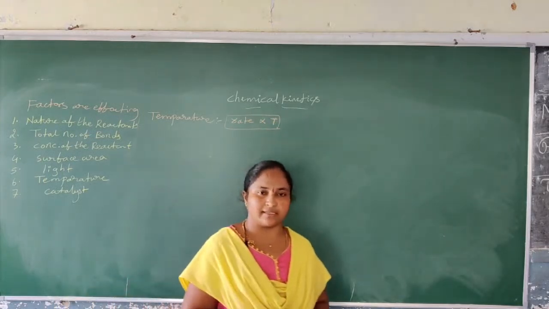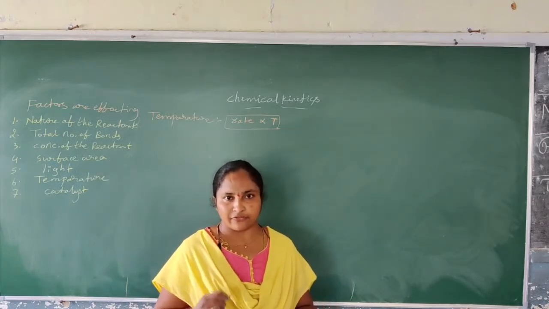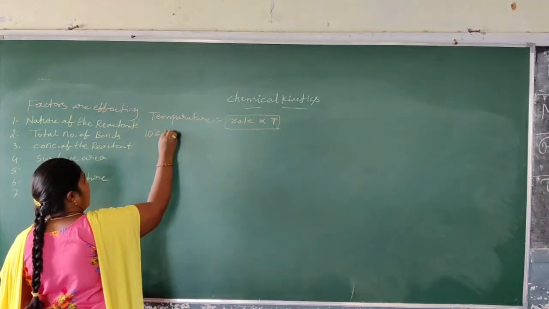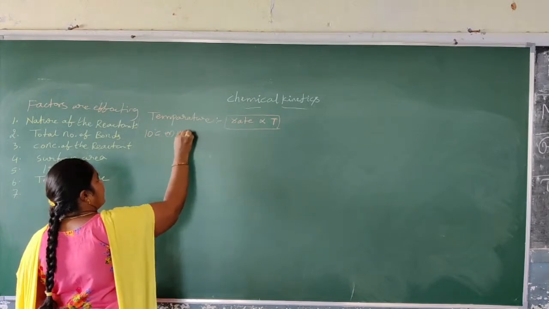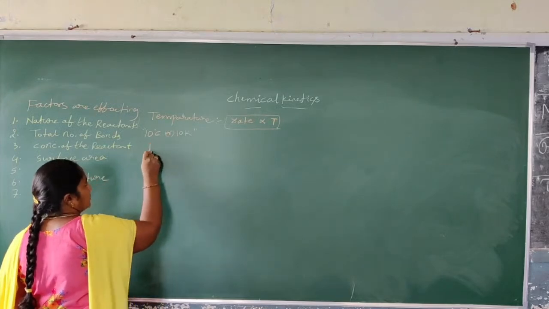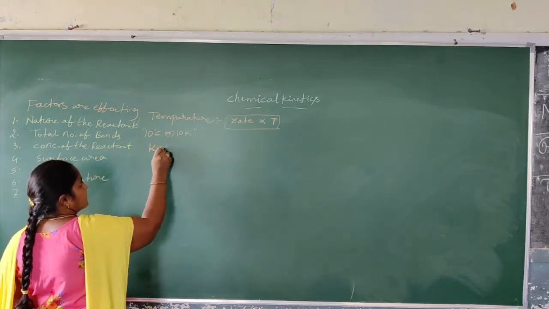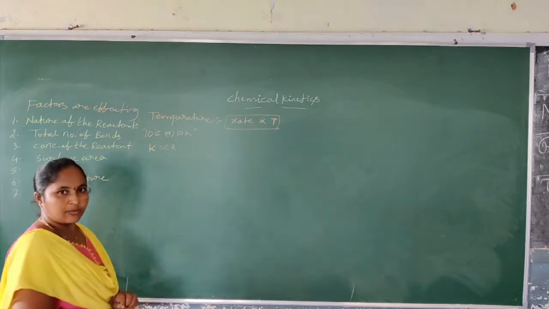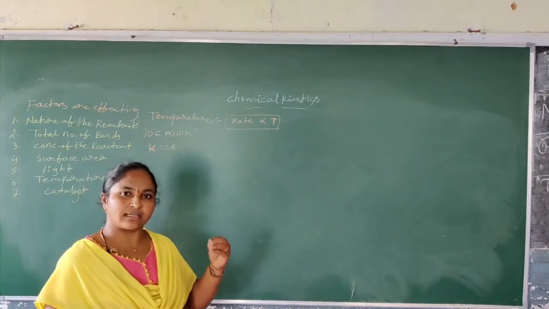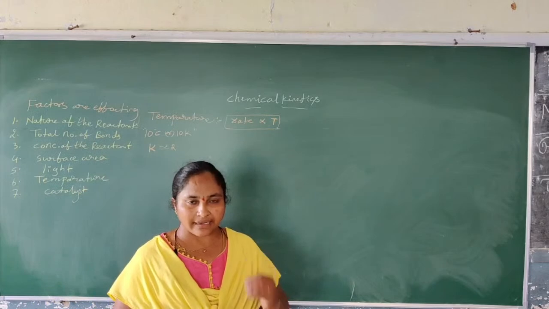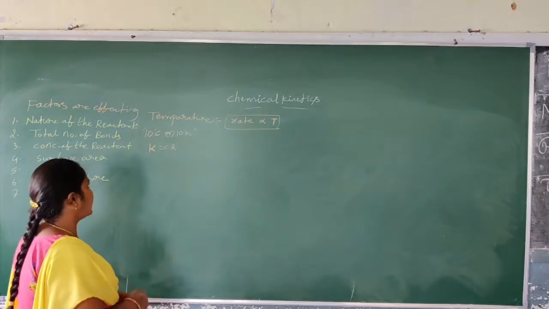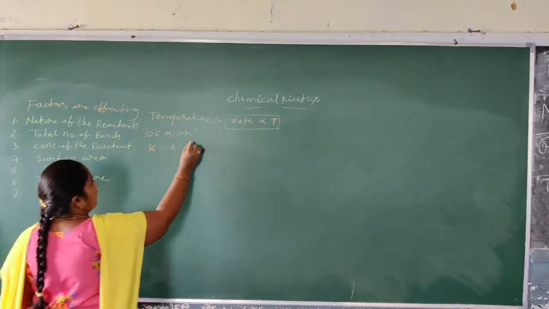For most of the cases, if we increase the temperature by 10 degree centigrade or 10 Kelvin, the rate constant, that is K value, will get double. For most of the reactions, when we increase the temperature by 10 degree centigrade or 10 Kelvin, the rate constant K value will get double. Now I am explaining, taking an example, H2